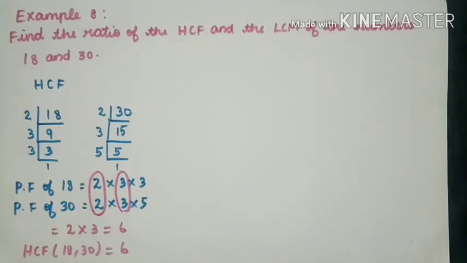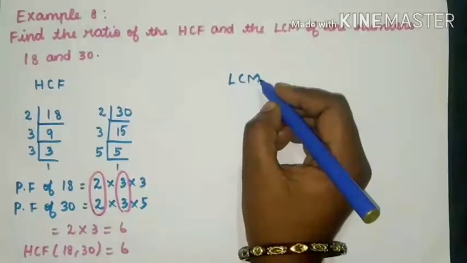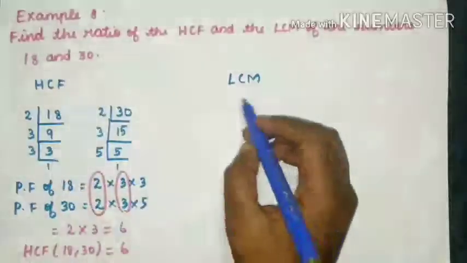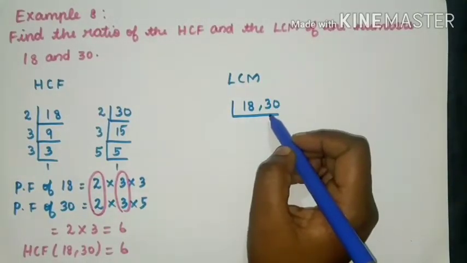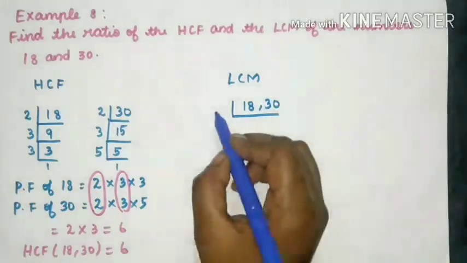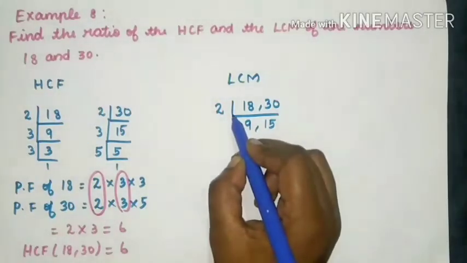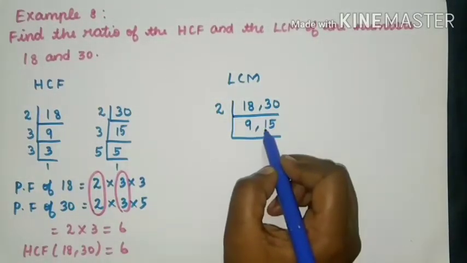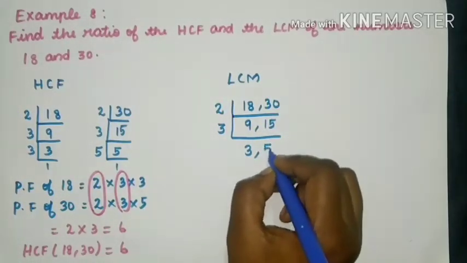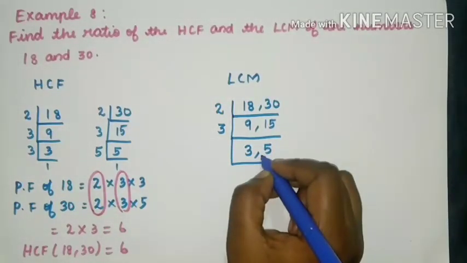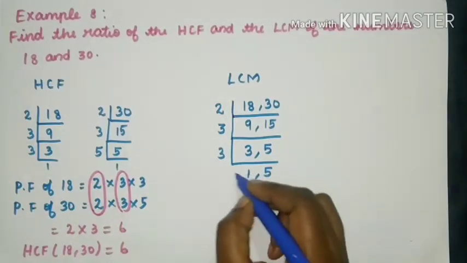And then we have to find the LCM of 18 and 30. To find LCM, what we have to do? Yes, we have to write the given numbers all together by using division method. Again, you have to start with the smallest prime factor. 2 9s are 18, 2 15s are 30. Here, two numbers are even numbers, so we have to divide with the number 3. 3 3s are 9, 3 5s are 15. 3 and 5 are prime numbers, so it is not divisible by any other number. 3 1s are 3. Bring down the number 5.